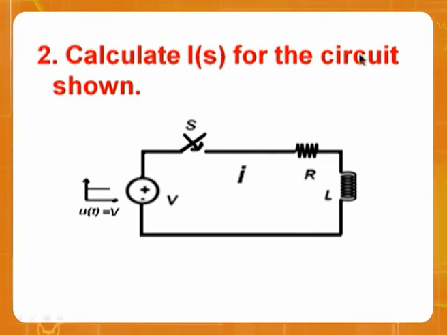Let's go to the second problem. Calculate I of s for the circuit shown in the figure. We have to calculate the current in this circuit. Please observe, because the inputs are complicated, I am going to take initial conditions very fast, because in the last class we spent one full lecture on initial conditions. Okay, now if this is the circuit,